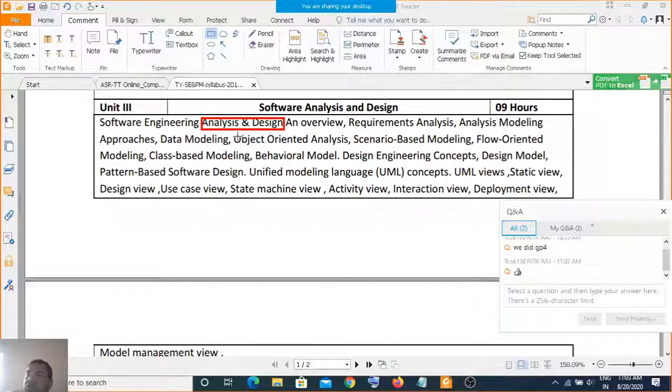So you require analysis and design to be done in a proper way. You require to mix these ingredients in a proper way, and only then it will work properly. So this is about analysis and design.